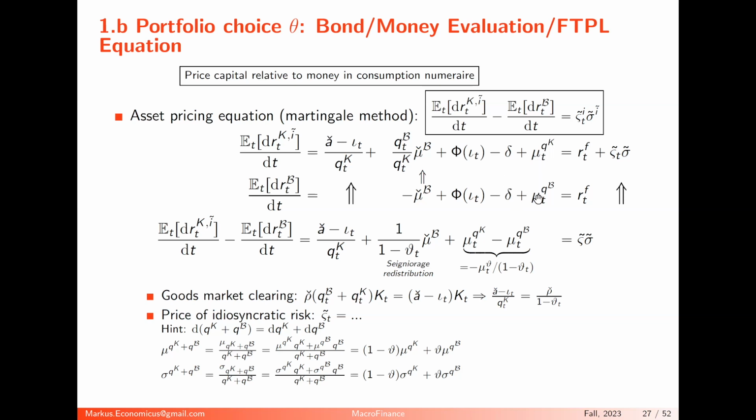And then there's a change. There's a deterministic drift in the price of the capital and the price of the bonds. That's all endogenous. I have to solve for this later. And then there's the risk rate. For the capital stock, I want a risk premium. For the bonds, I don't need a risk premium, they're not risky. So if I take the difference, I get this expression.